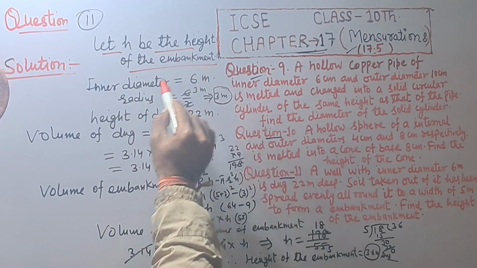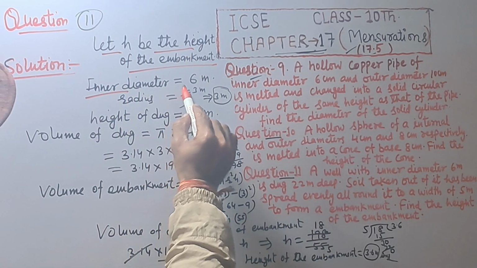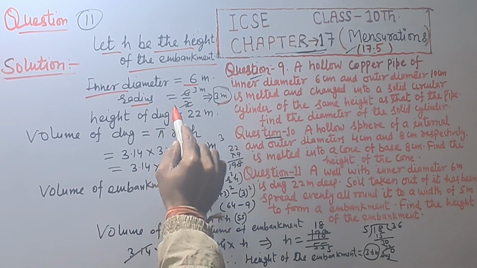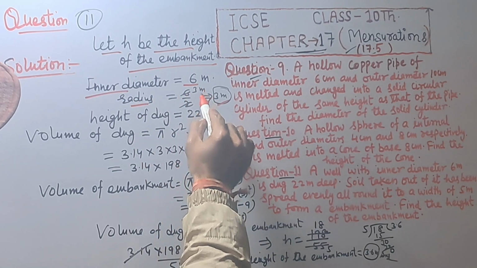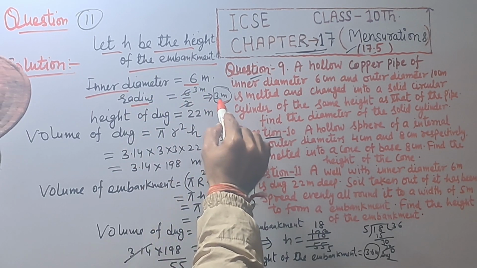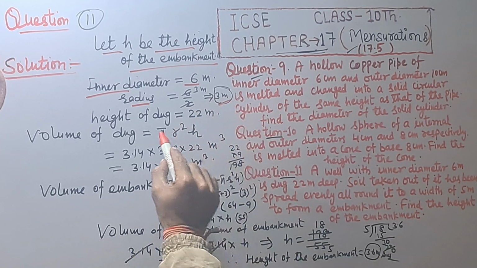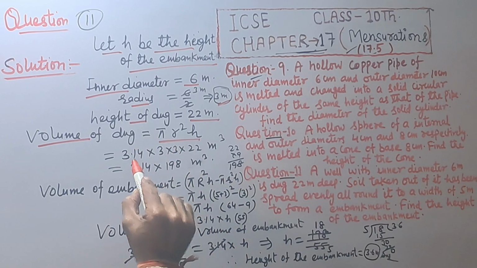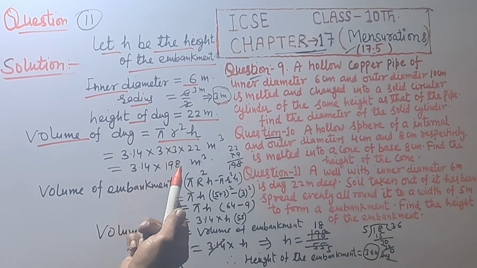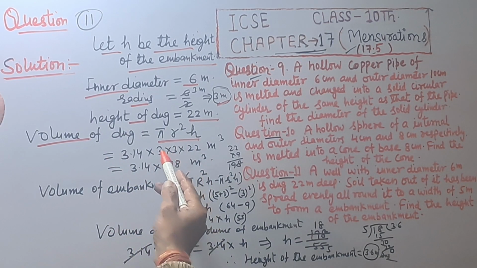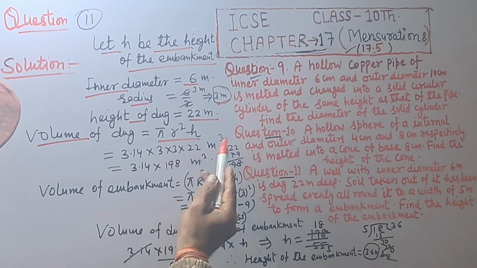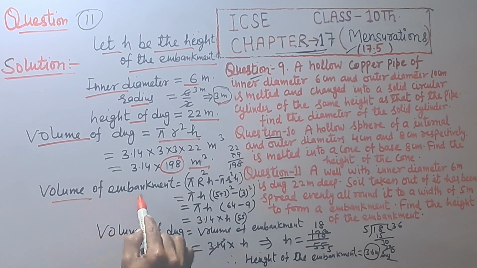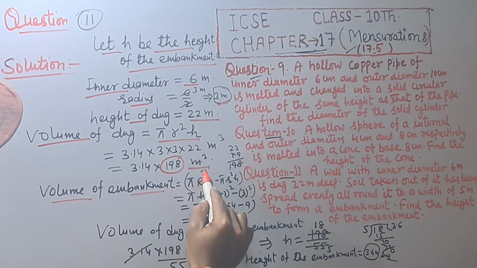Let h be the height of the embankment and inner diameter is 6 meter, radius is half of diameter, that is equal to 3 meter. Height of the well is 22 meter. Volume of the well is pi r square h. Pi is equal to 3.14 into 3 into 3 into 22, that is 198 meter cube, and volume of the embankment equal to pi capital